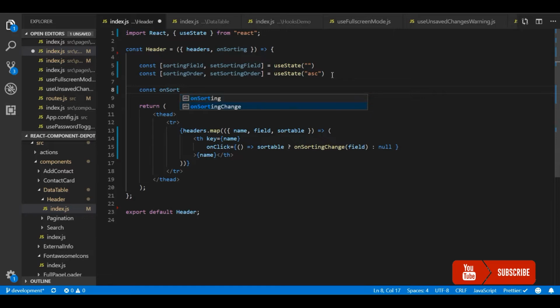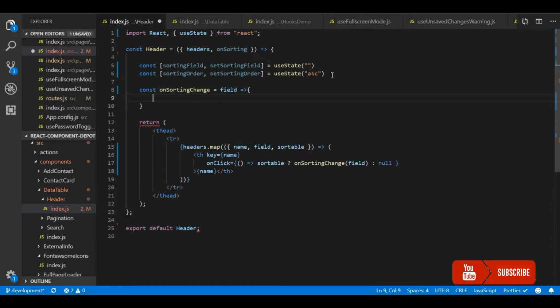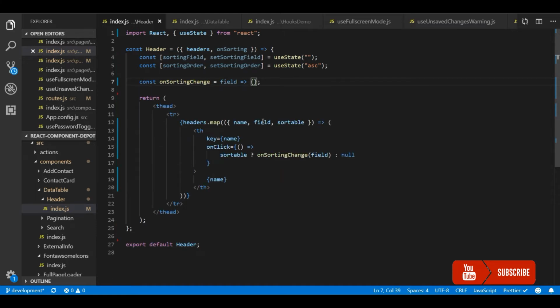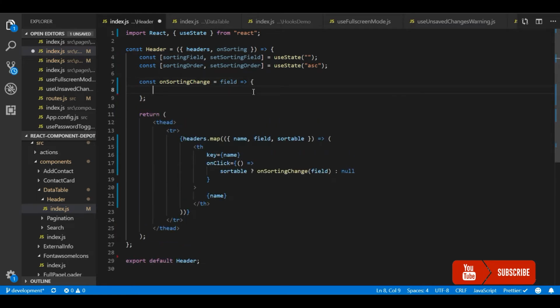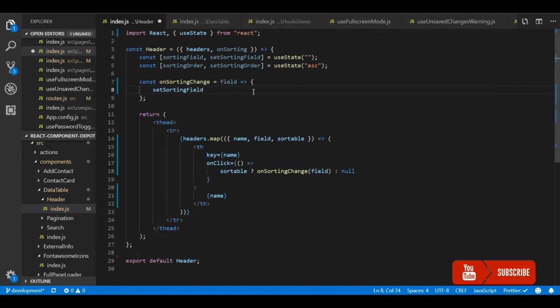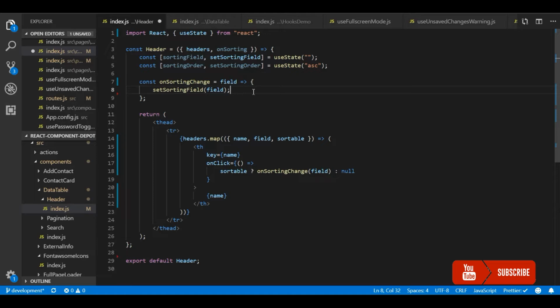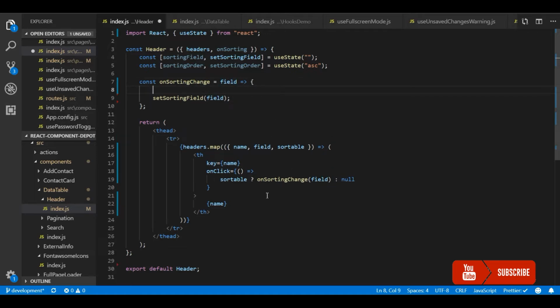So in the on sort change callback, we check the field. It will set the local state and also call the parent component's callback to update its own state. Sorting field will be the field that we pass in the callback property. And now we need to invert ascending and descending. If the current field and the sorting field match, then we need to invert it, otherwise by default we will display the ascending order for sort.